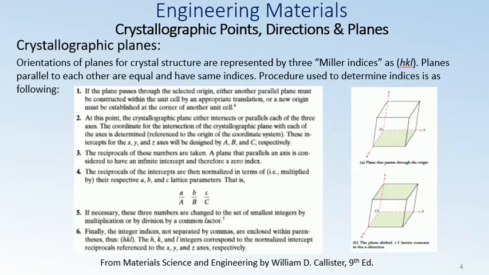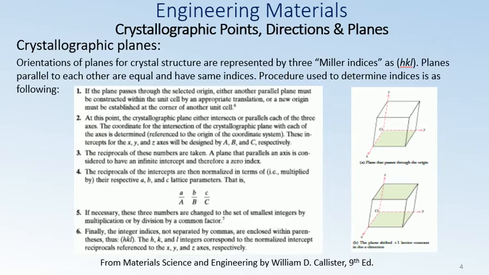Okay, we move on to the next, and here we determine coordinates for crystallographic planes. These orientations for crystallographic planes in crystalline structures are represented by three indices, called Miller indices, h, k, and l. As you can see, you put these integers in parentheses, and you don't make any spacing or put commas in between.